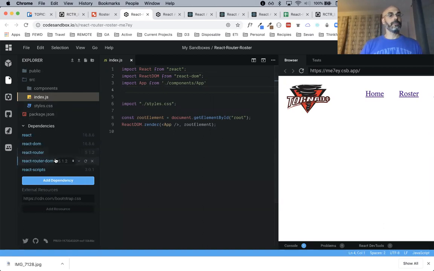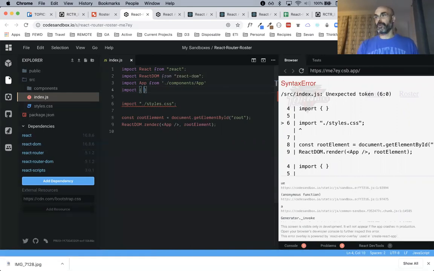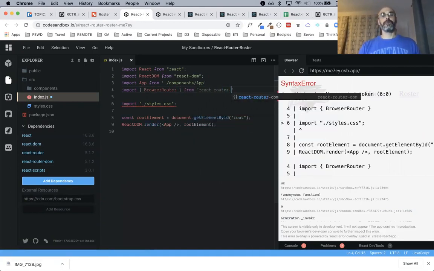Here we go. I'm going to import, and we're going to do the curly braces because we're doing object destructuring. We're importing specific components. Now the top level router component is really called BrowserRouter. That's what it's really called. So I say BrowserRouter from React Router DOM.